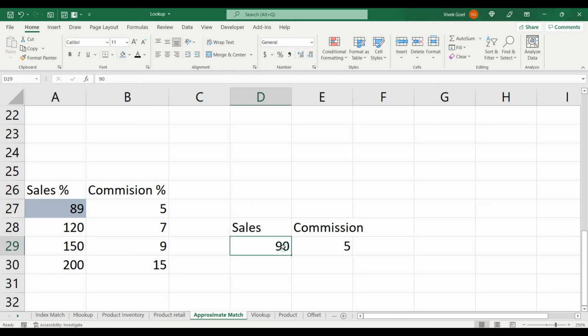Again, for approximate match, our list should be in ascending order and the greatest value which is equal to or lower than our searched value is returned by approximate match. So approximate match is really helpful when we are dealing with an ascending table like tax brackets or the scenarios we discussed in our video. Hopefully this clarifies all your doubts related to approximate match and when we should use it. I will drop in a couple of questions at the end of this section so you get a better hang of it.